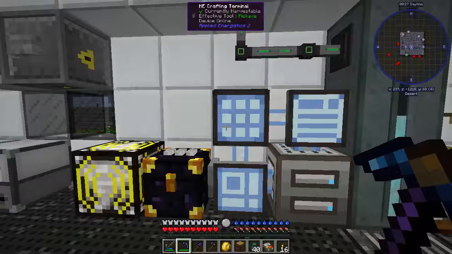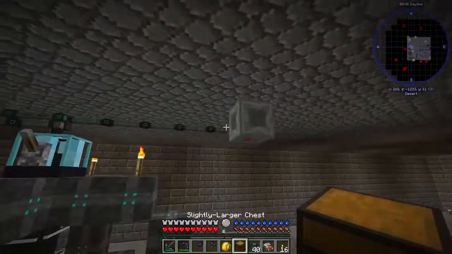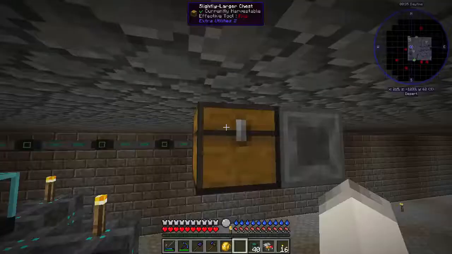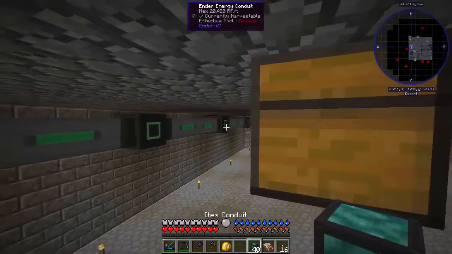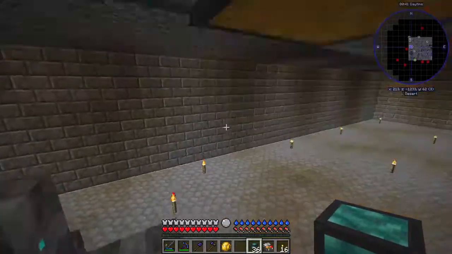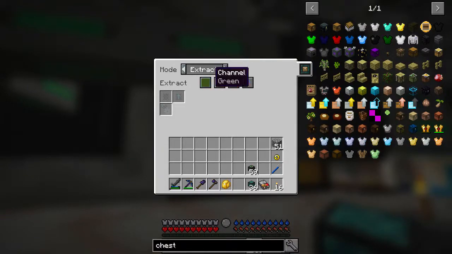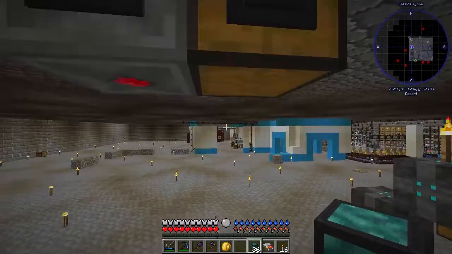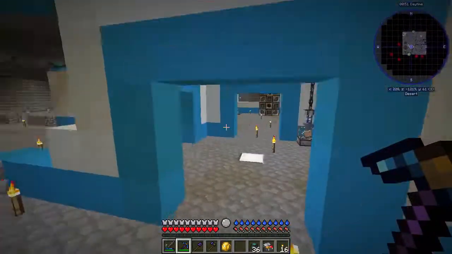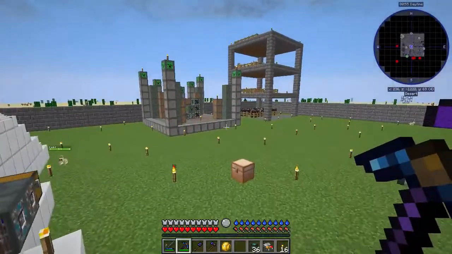Now, a slightly larger chest is a little bit of a misnomer. It's not actually bigger than a normal chest, but what it is, we can put it there and then still open it. So just put this all like so. Extract, always active. Alright, perfect. It's a little weird because it doesn't have the chest sound, but that's whatever. Alright, so we should be able to...